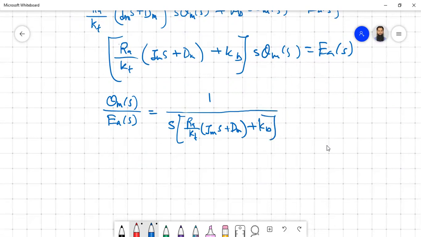We don't want to keep any coefficient of s in the denominator in general, so let us multiply and simplify, and then what we are going to get here is basically